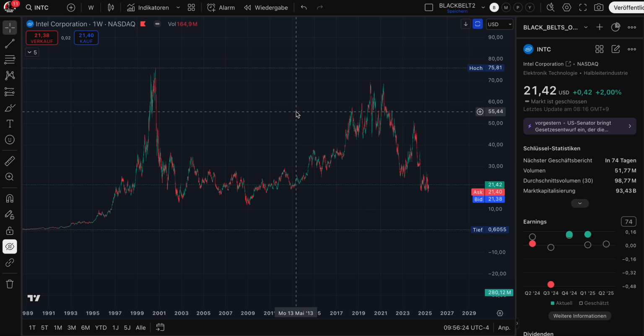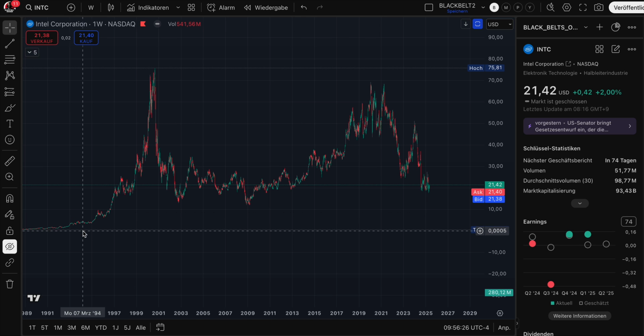So guys, for Intel, let's dive into the chart. When we see the overall structure, we can see that Intel is in a very strong uptrend. This is the reason why I don't care what the news are telling me. I can already see by just watching this chart for 1 second where we have the support. For example, guys, we are in a weekly chart. You can see the all-time high for Intel was in the year 2000. Believe it or not, this technical structure is still active, and we can see that we had 2 lowest points in the past 23 years.